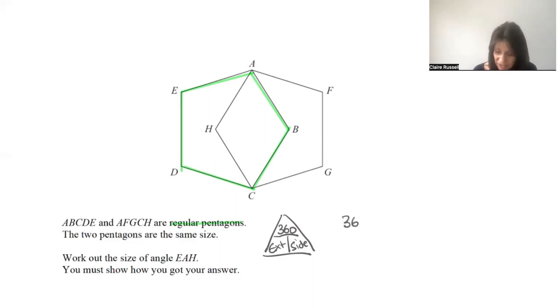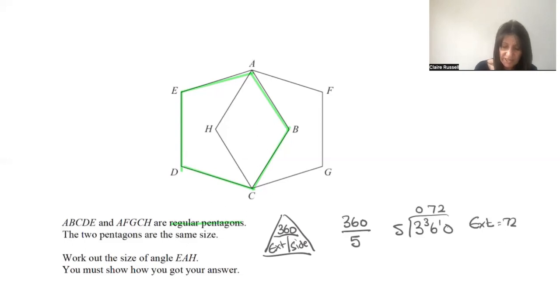I'm going to do 360 divided by sides, 5. And obviously I can do that because it's non-calculator straight into my bus shelter. Wherever there's a division, there's a bus shelter. Okay. 5s into 3 don't go. 5s into 36 go 7, remainder 1, and 5s into 10 go 2. So exterior is 72. And it's really important that we do not forget that 360 divided by sides makes the